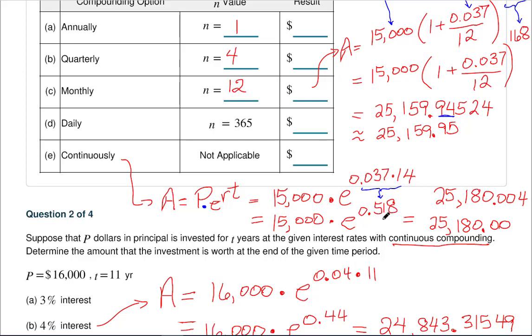You then need to calculate e raised to that item. That's where you're going to need to use your e key. So once you get e raised to that number, multiply it by 15,000, and you get